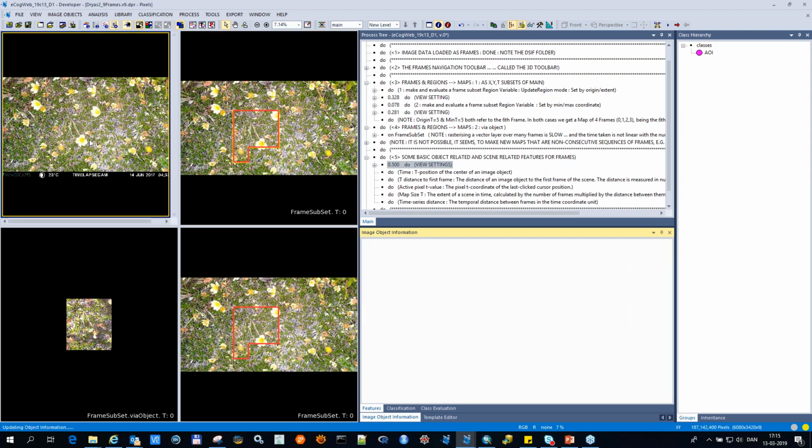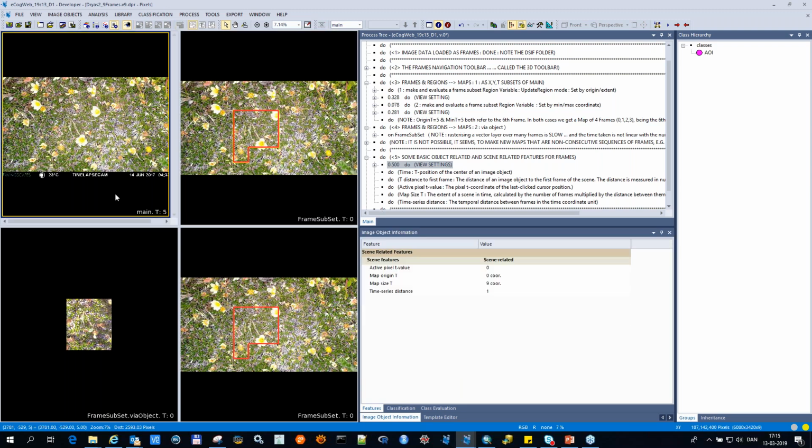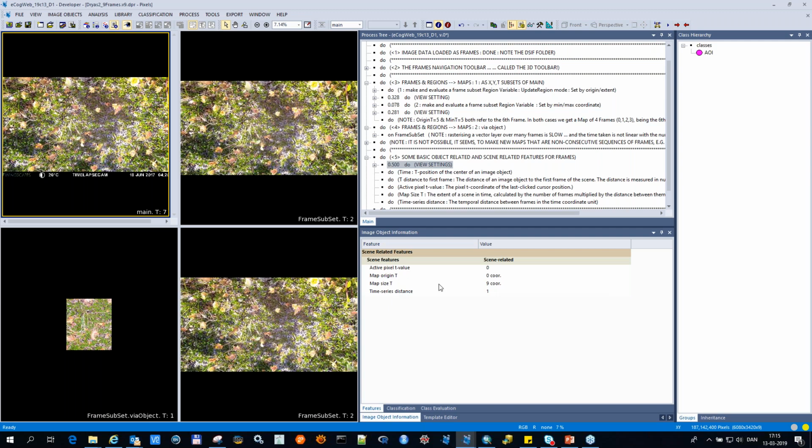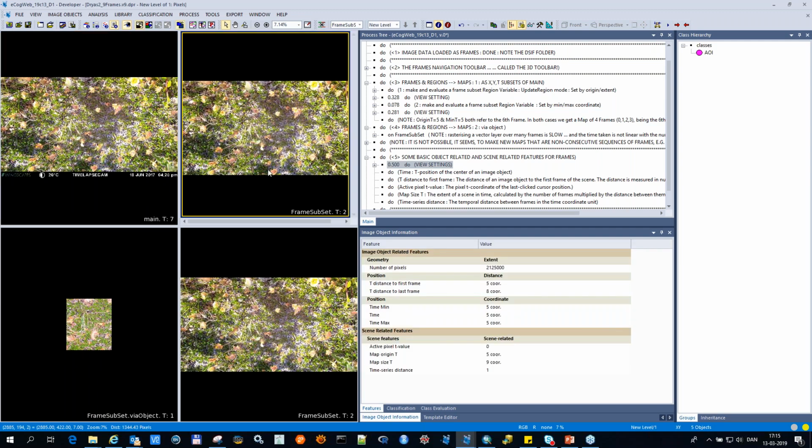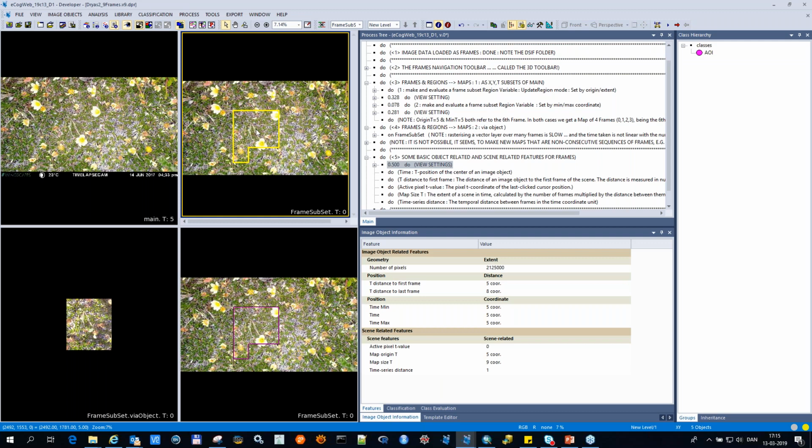So starting with the original 9-frame main map, we see features that are possible, such as the active pixel, t-value, the map origin, the map size, and the time series distance. Actually, those don't change at that point. But if we go to one of the submaps, one of the ones which had objects on them, so if we go back to the first frame on that, where there's an object, and click on the object, then